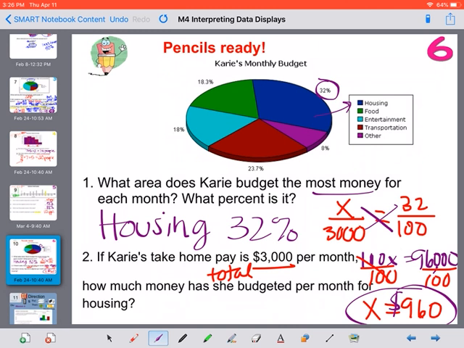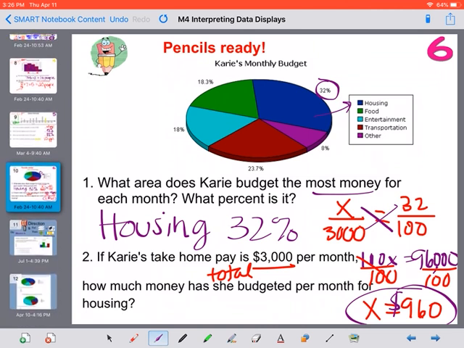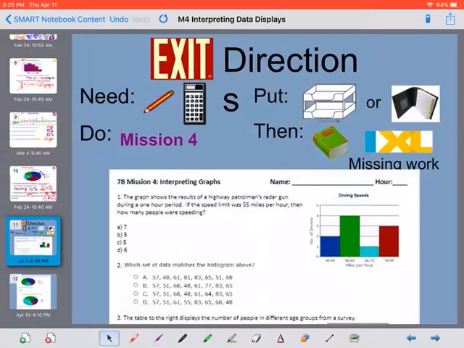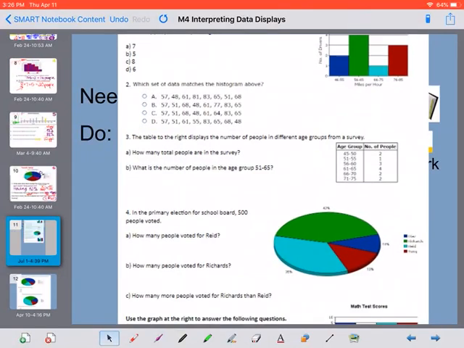To you, that might seem like a lot of money, but it's really not that much. So your homework is just like this, looking at the different graphs and answering the questions to follow. If you have any questions,